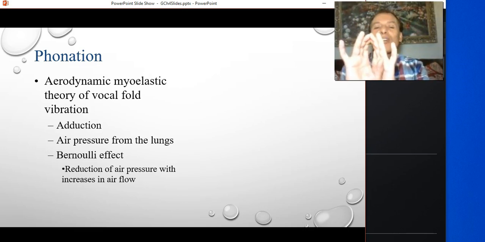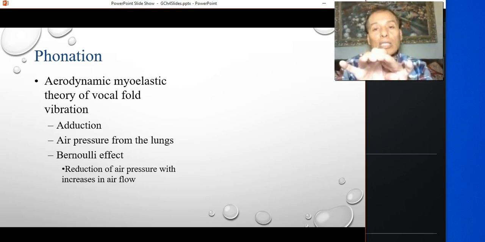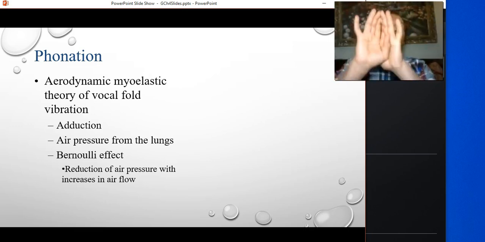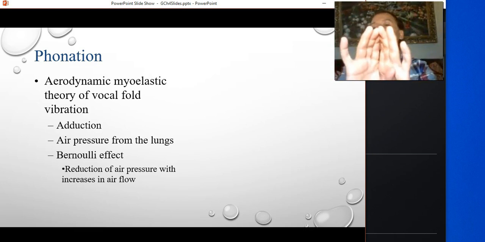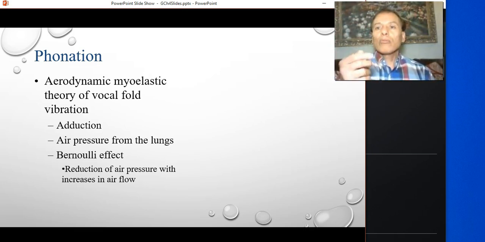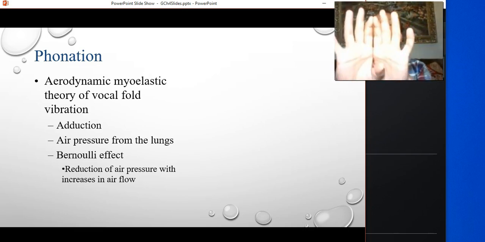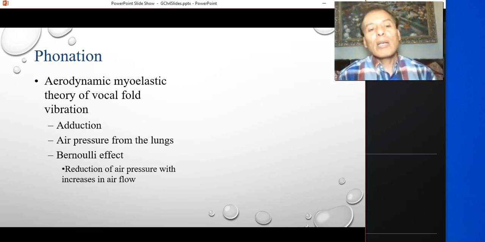So then, when you push them away to the maximum displacement, the pressure is released, and then you don't have enough pressure. So the elastic force of the vocal folds is going to bring the vocal folds down again, start to swing them back again to rest, to the midline. As they come back again, the pressure increases again. So at some point when they are close enough but not fully closed, that creates a constriction, and that is going to make an area of negative pressure, decreased pressure between the vocal folds. And that creates something that we know as the Bernoulli effect.